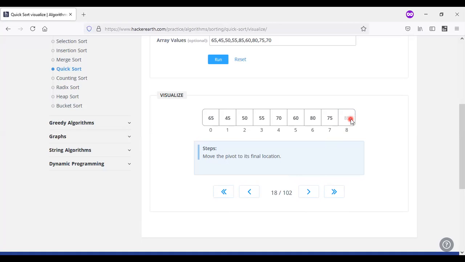So here we need to move the values to their final location. The final location here is considered as the left subset, because all these things have been placed. So if we are having elements in this one, we need to take this another set of values to be processed.